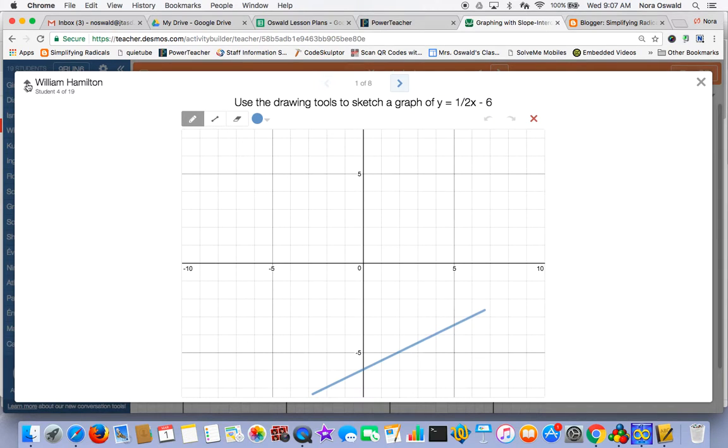Now, Desmos did a nice touch here. I didn't know the students could see who they were. So they see on their screens, oh, I'm William Hamilton. So when this comes up, I know this is my graph, and I can even say to the class, William Hamilton, please fix your graph. And then the other students don't know who they are. So there's no embarrassment there. So I go through all of them, right? Good. Oh, here's our funny one. Yep, see, they have the right graph, and then they were just doing something goofy. Okay? And then I close this